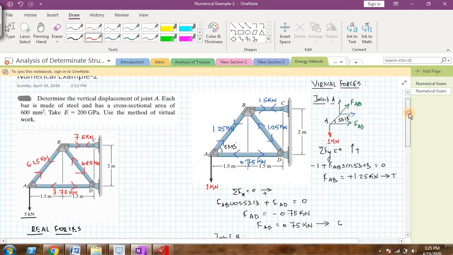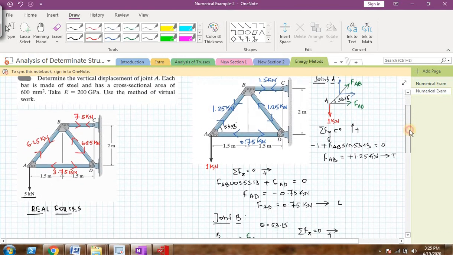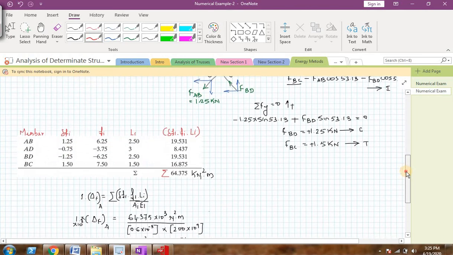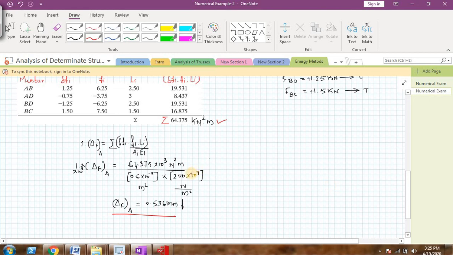So friends, the principle is very simple. You have to do the analysis of the truss twice, one for the virtual forces and one for the real forces. Summarize them in the form of a table. Write the virtual work principle equation, substitute all the values, and you can get the value of the vertical deflection. Now the one thing you have to remember here is that the units are very important. Up to this point you can do it very easily, but after that if you take care of the units properly, you will get the correct answers. One small mistake in terms of units will actually change your value and you may end up with the wrong result.